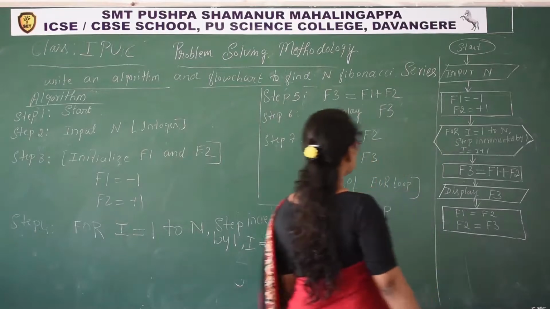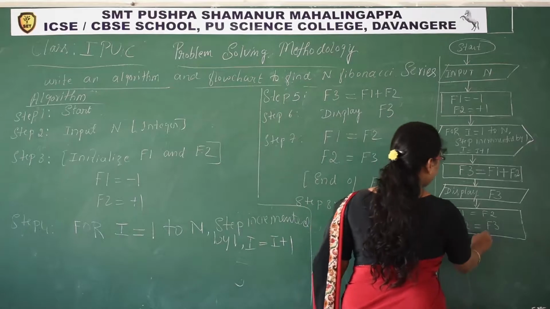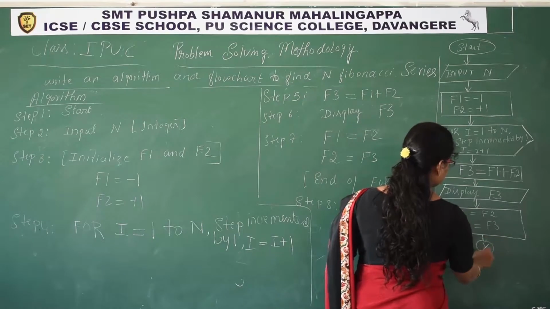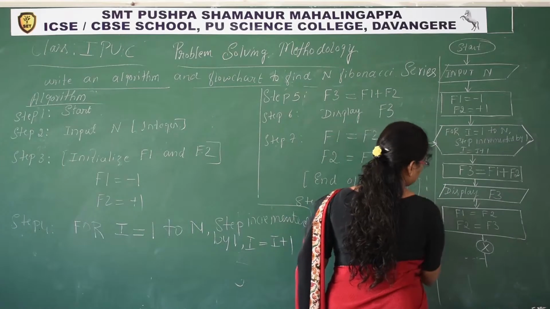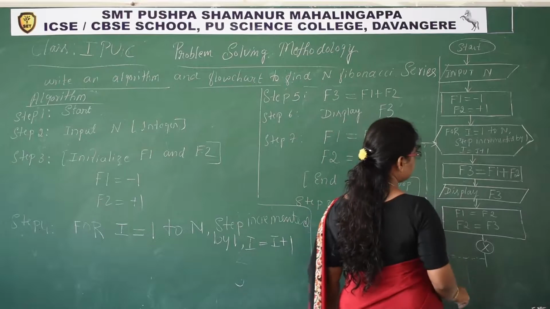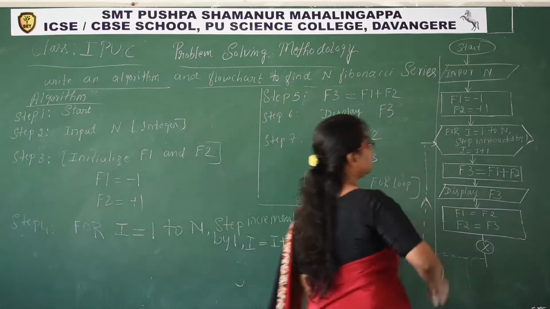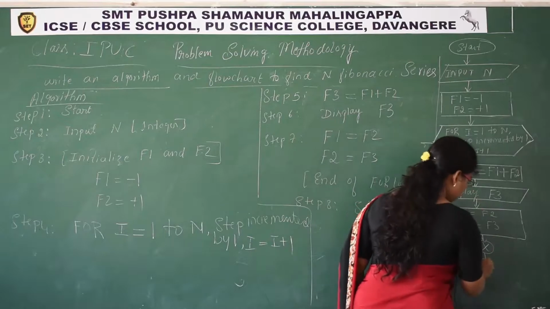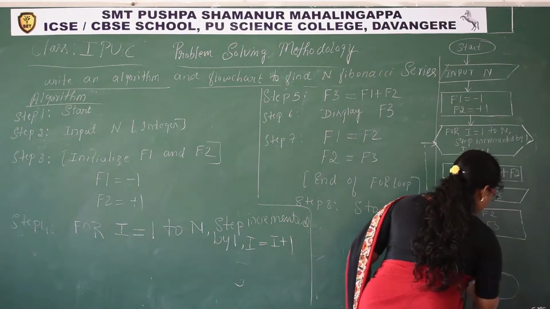Now these statements have to execute once it enters the loop. After execution, again it goes back to the beginning of the loop. So for the continuation part, I will take a label here X, dotted lines, you must write this, and the arrow mark also is very important here, it's in the reverse direction. After execution of these instructions, again the control moves to the beginning of the for loop. When the condition fails, then it won't go to the beginning, it comes out from the loop and terminates the program. Stop.